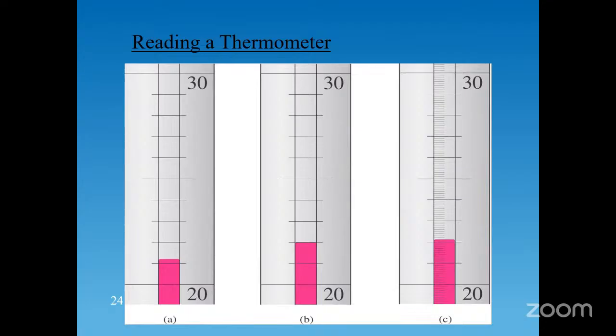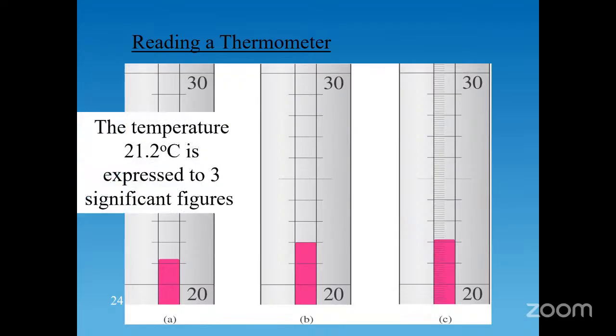So if I were to give a question like this, both persons would get the same credit, right? In actual fact, it is 21.2, but as I said before, you know, it could be 21.1. Somebody could even say it's 21.3, even though that's a bit of a stretch in my opinion. But basically, the point I'm getting at here is that at best, we can simply estimate the digit after the decimal point, right? So therefore, we end up with 21.2. And if you look at this here, this is expressed to 3 significant figures and also to 1 decimal place, right? So that's what happens in the case of the first